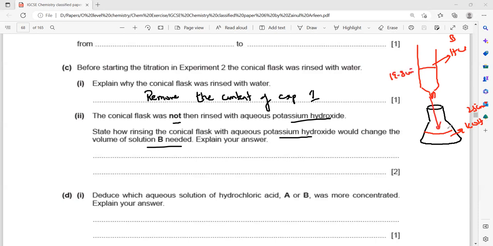But they're saying if we rinse this conical flask with potassium hydroxide,